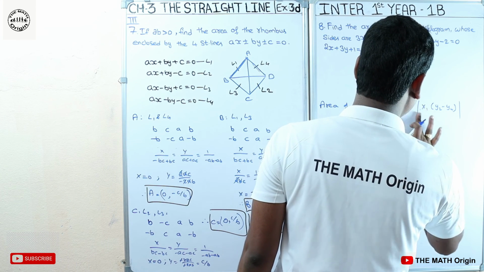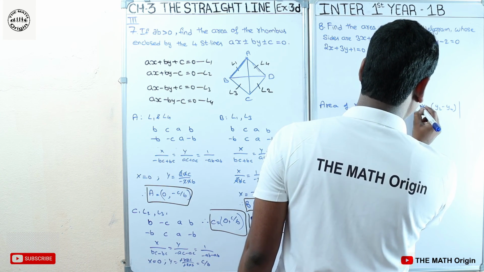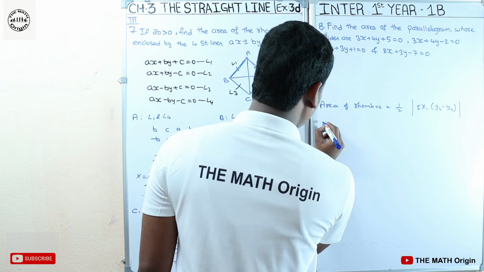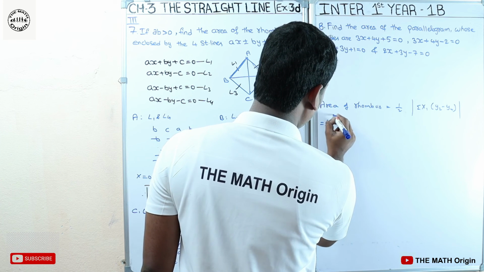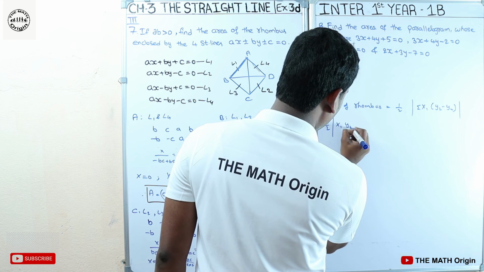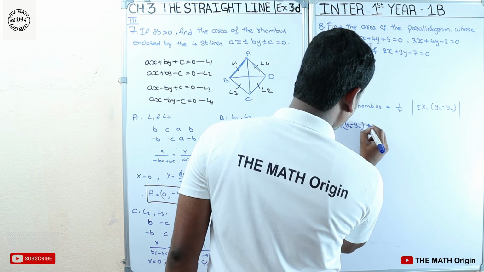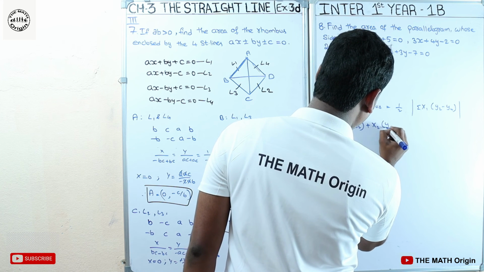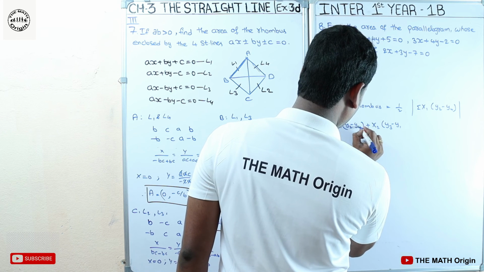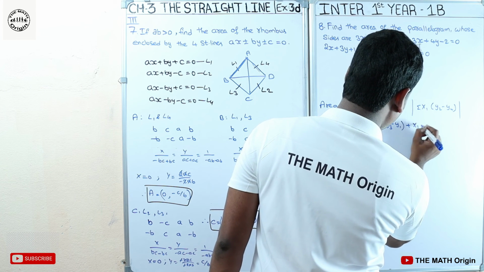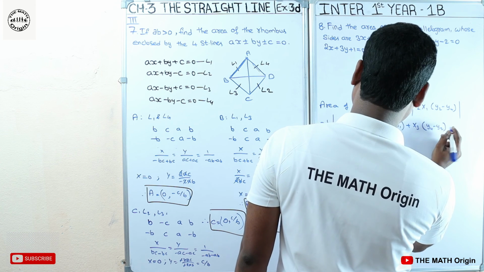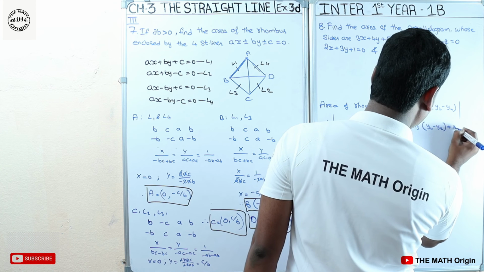Okay, the sigma is inside. Sigma x1 into y2 minus y4. So if we are expanding it, it will be half, I will keep completely, and x1 into y2 minus y4 plus x2 into y3 minus y1, plus x3 into y4 minus y2, plus x4 into